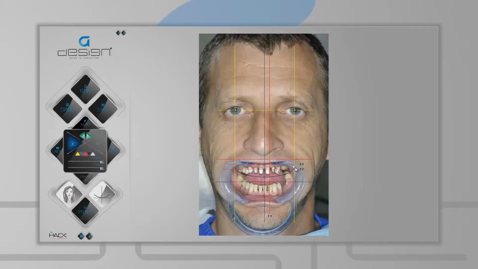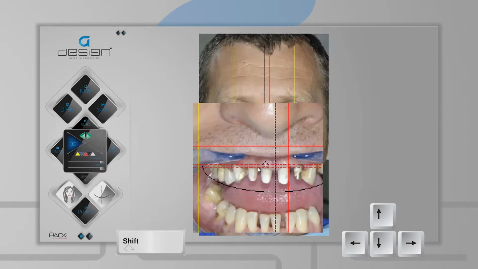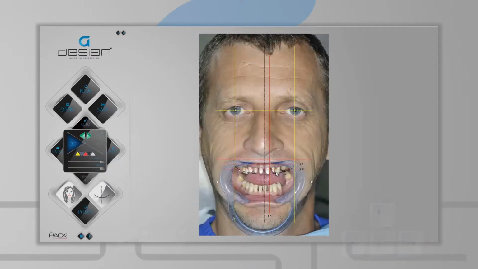The facial axes can be repositioned by using the mouse or the arrow keys on the keyboard. Pressing and holding Shift allows for a finer and more precise repositioning of the axes. The same can be done for the incisal edge. Its convexity can be modified symmetrically by dragging the ends of the curve, or asymmetrically by pressing S and dragging